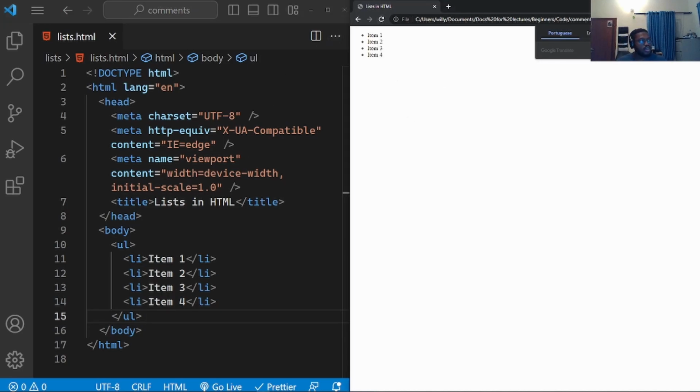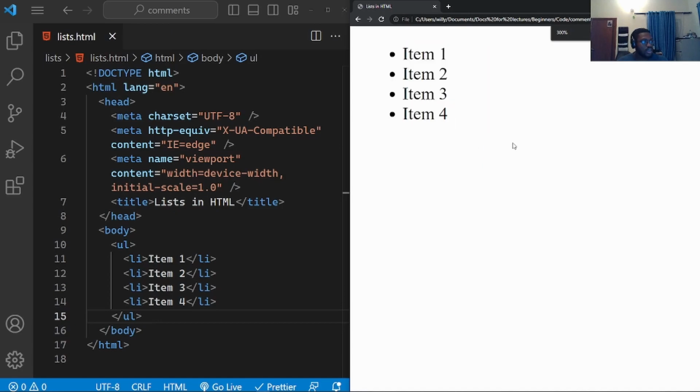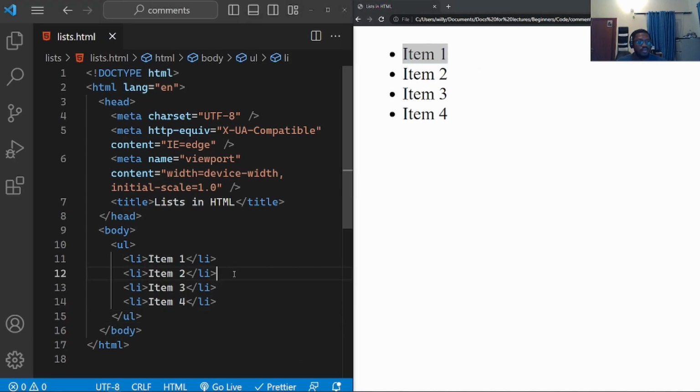You can see this unordered list has different, okay, let me zoom in on the page, sorry. So we can see the result of this unordered list. They are marked with a bullet point to indicate that this is not an ordered list. So we cannot tell which item is actually the first. If I change the position of this